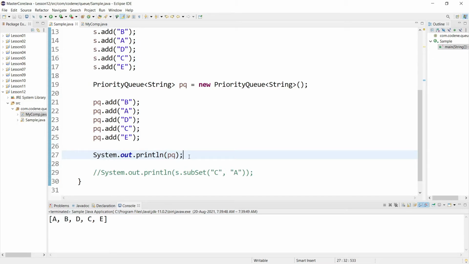Obviously A is smaller than B if you check the ASCII code. So by default the priority queue sorts them in an ascending manner, and that is why it is showing us A, B, C, D, E.